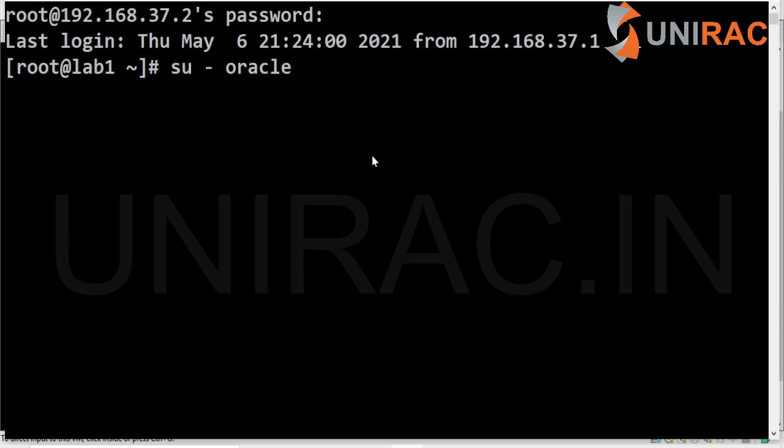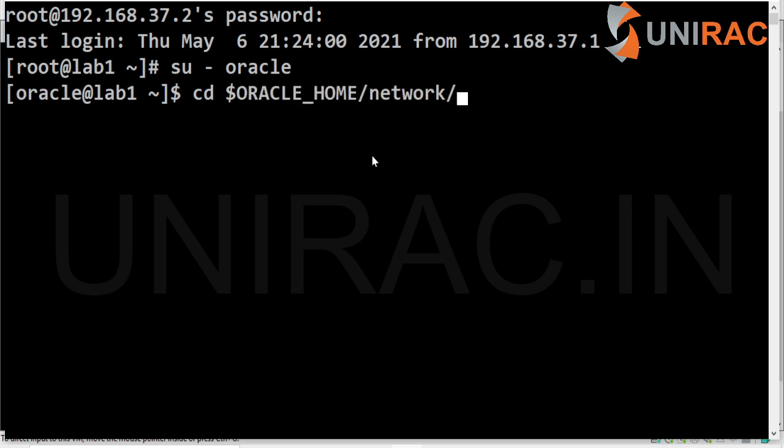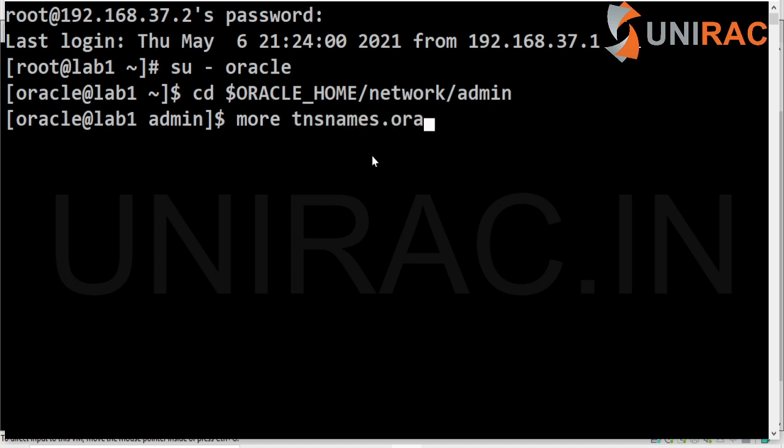Log into the oracle user and move to the network admin location on Linux. You can see the tnsnames.ora file.